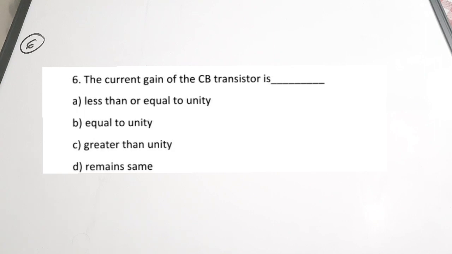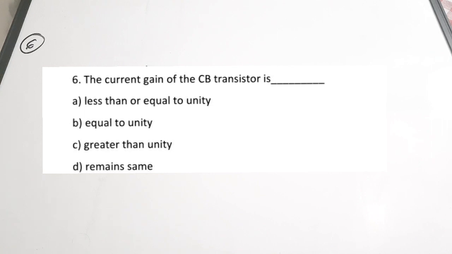In that, I have discussed regarding the current gain, voltage gain, the impedance, and its comparison between the three configurations: common emitter, common base, and common collector. Okay, so the table I've explained in that video. So please do watch it. It is in the analog electronics playlist.